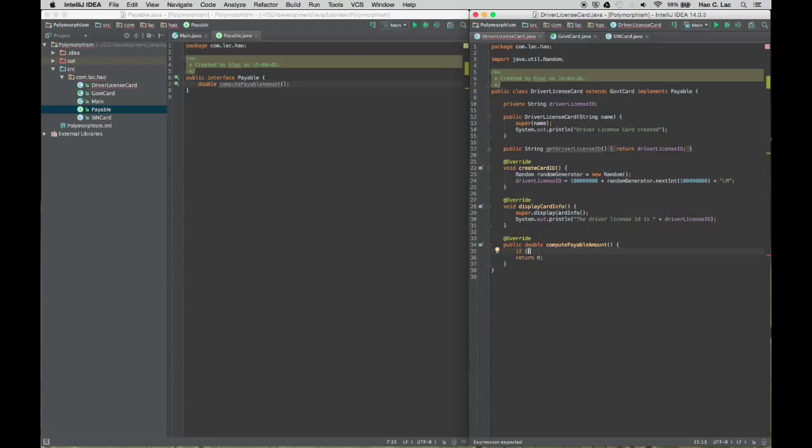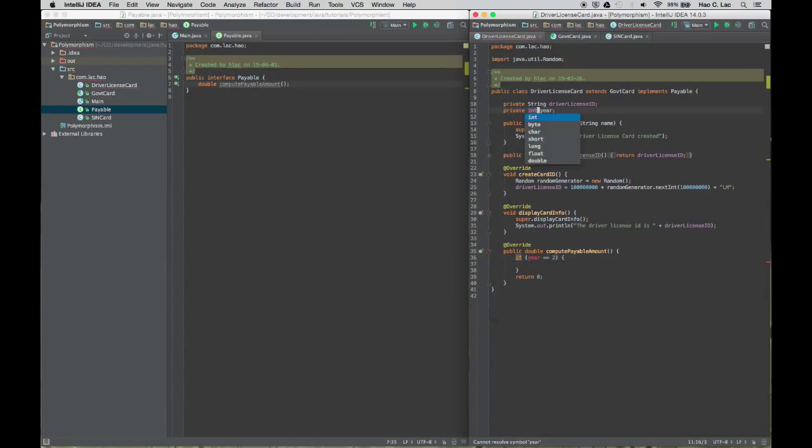So let's just say that if you pay for 2 years, okay? So I'm going to have to make a bit of a change here. If year is equal to 2, okay. So let's just say this is a bit of a hard code, but I'm going to create the field for that as well. So year is equal to 2, then I return, let's just say 80. So $80, right? Now this is pretty hard coded. So now else,